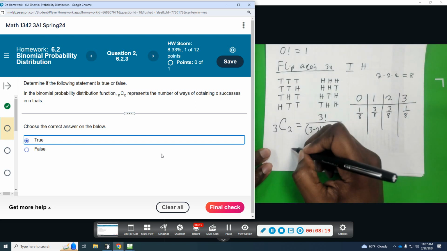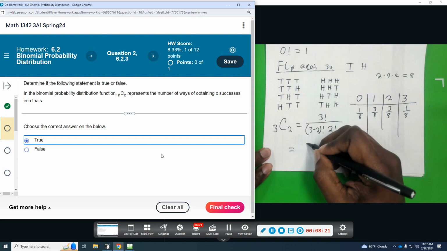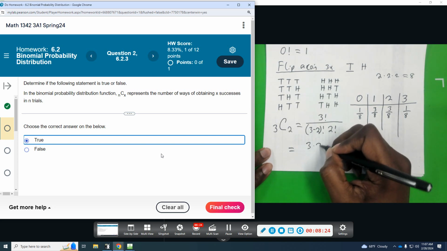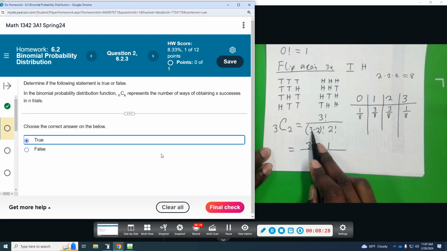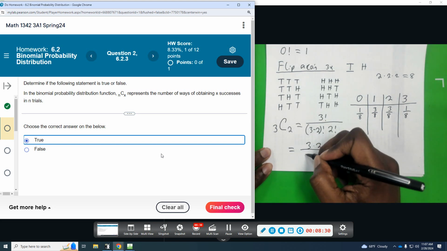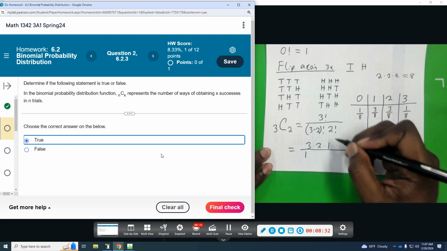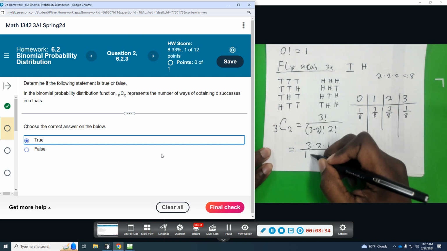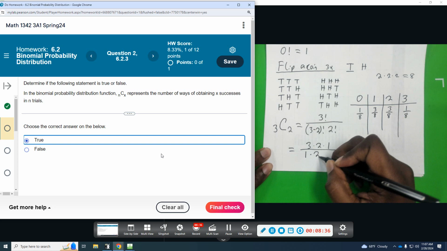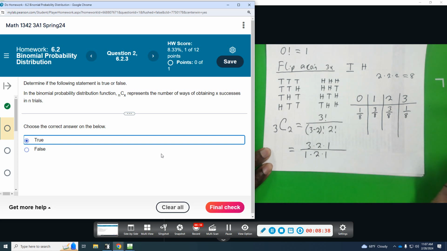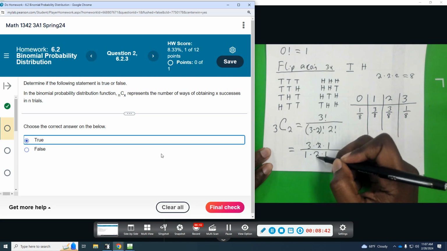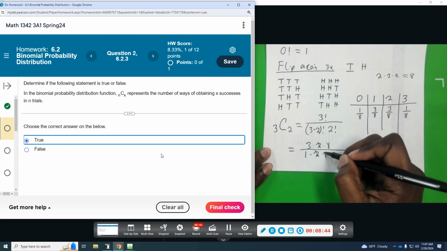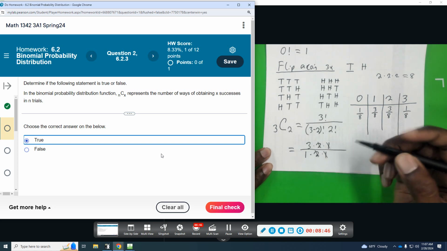Okay, so this is what that looks like. All right, so let's spell that out. This is going to be on the top 3 times 2 times 1. That's what 3 factorial is. When I do 3 minus 2, that gives me 1. So just 1 factorial is just going to be 1. And then 2 factorial, we're multiplying 2 times 1. Okay, so notice 2 will divide by 2, 1 will divide by 1, so I'm just left with 3 divided by 1,